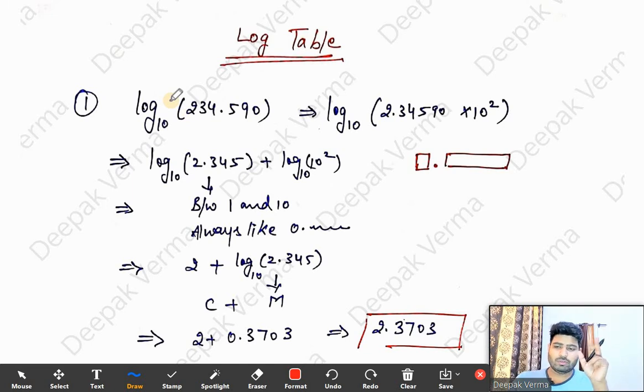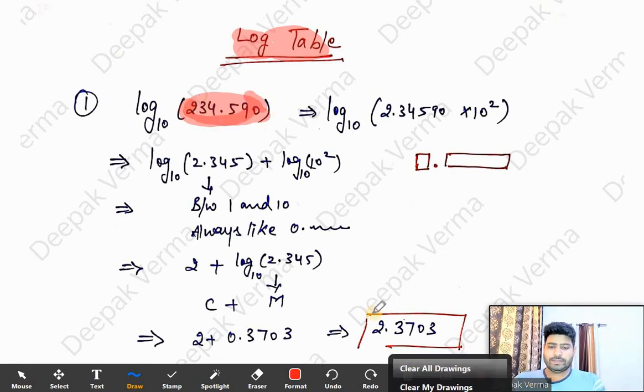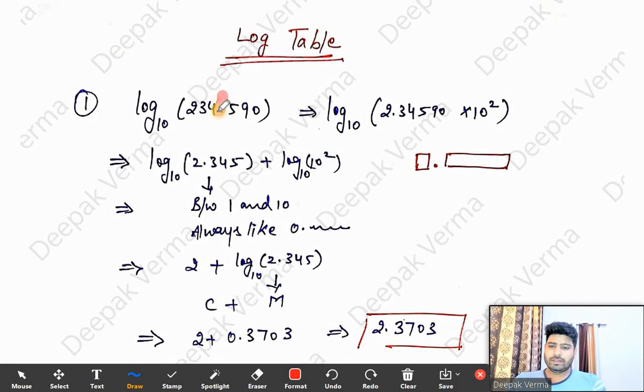We have two types of log. You already know that, common and natural log. In common log we have base 10, and the log table that we will be having, in that we will be using the common logarithm, that is, the base will be 10 there. So first of all, what we have to do, we have to write down the given number in scientific notation. Scientific notation, I hope you would know how to write. So we will shift the point here after the first digit. So if we shift the point here, that is, we are shifting the point towards the left by 2 digits.